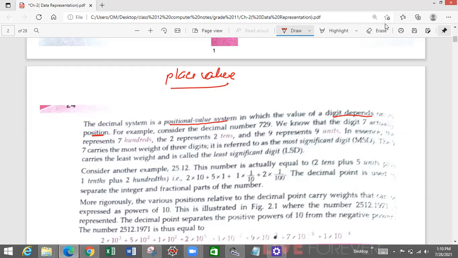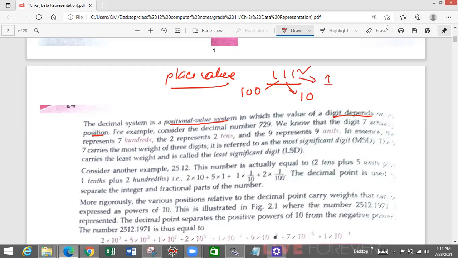So suppose we have a number, say 111. All the symbols are 1 here, at the unit place, the tens place, and the hundreds place. But for every one, the value is not the same. For this particular one, it represents only 1, a unit. For this one, it represents 10. And this one represents 100. So the actual value of any symbol depends upon the position in which it appears. So this kind of number system is called a positional value number system.